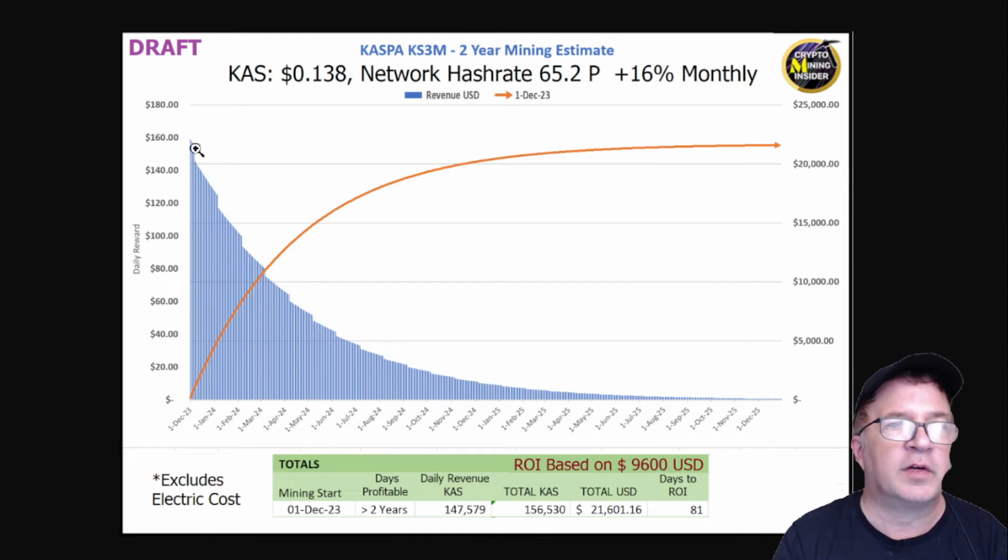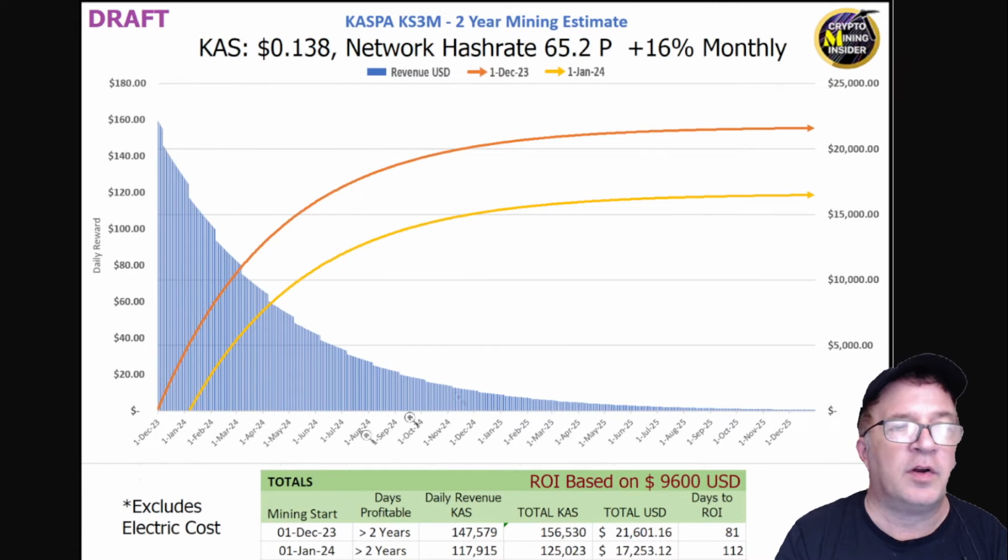No, because if you look here, a big portion of the rewards are on the near side. What's happening in December, in January, and February. And that's why these miners are showing and being listed as a premium. Now, with miners like this too, to give you an idea, I actually went ahead and put another miner